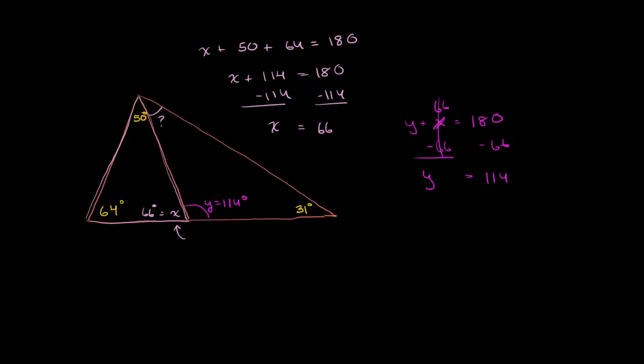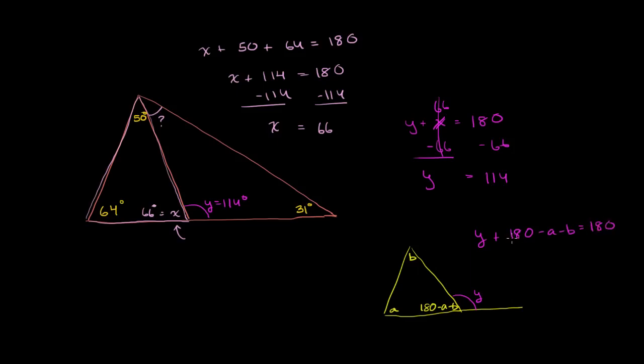And that's actually a general idea, and I'll do it on the side here just to prove it to you. Let's say that the measure of that angle is a, the measure of that angle is b. The measure of this angle we know is going to be 180 minus a minus b. That's this angle right over here. And then this angle, which is considered to be an exterior angle, so in this example, y is an exterior angle, is going to be supplementary to 180 minus a minus b. So this angle plus 180 minus a minus b is going to be equal to 180. So if you call this angle y, you would have y plus 180 minus a minus b is equal to